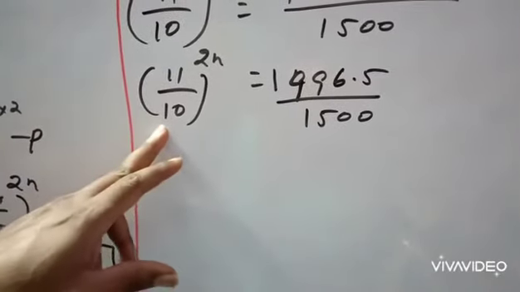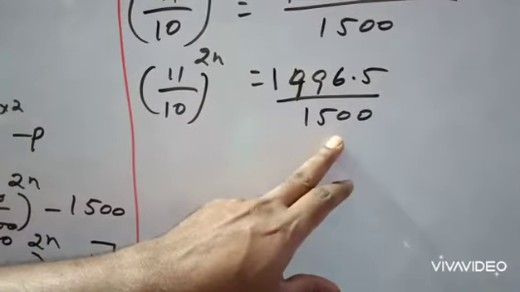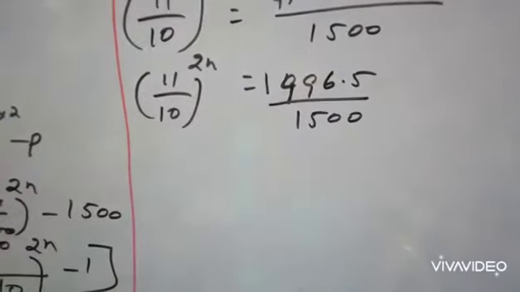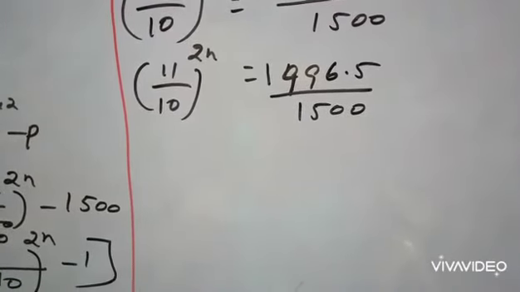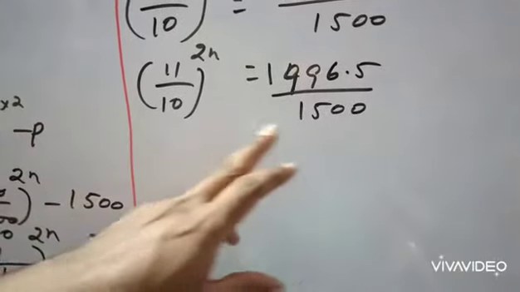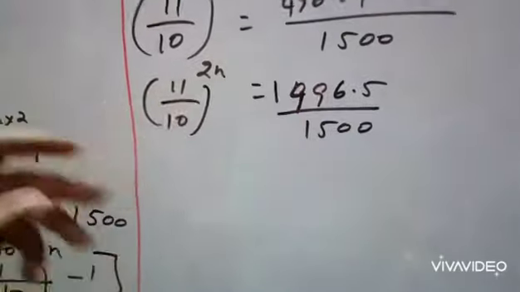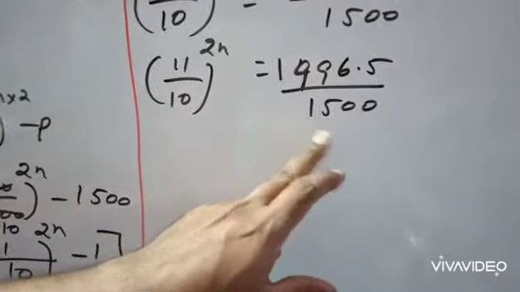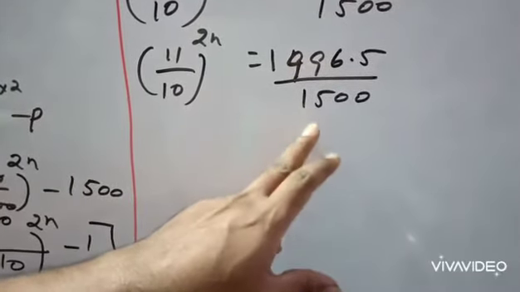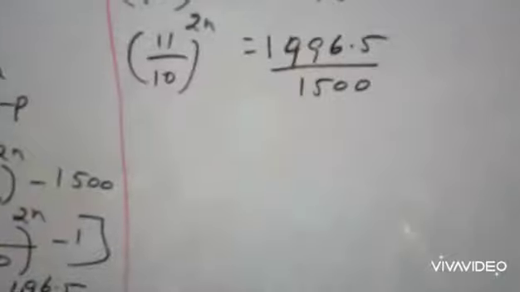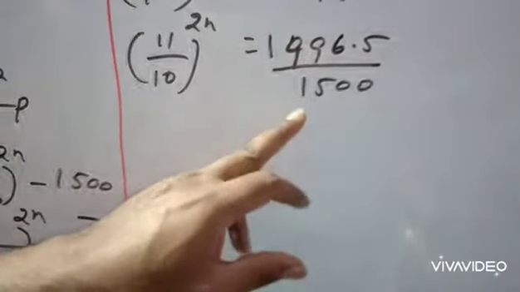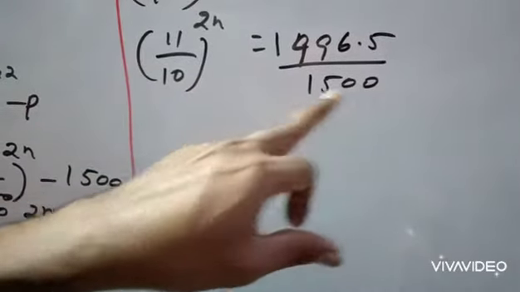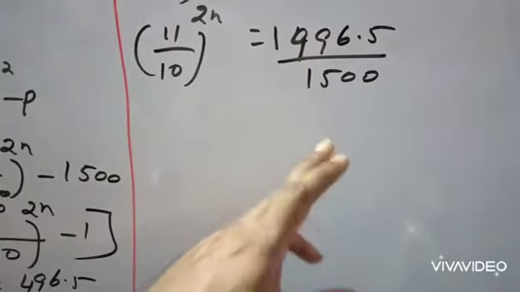So here you see the denominator is 10, so here also it should be 10. So how can we get 10 from 1500, multiples of 10, maybe 100 or 1000? So 10 power 2, 10 power 3. Here the numerator is a big number, so we need not worry about that. First, the denominator is 1500. From 1500, how can we come to 100 or 1000? So try this. We can divide this by 3, again multiply by 2. Divide by 3 we will get 500, 500 into 2 will get 1000.